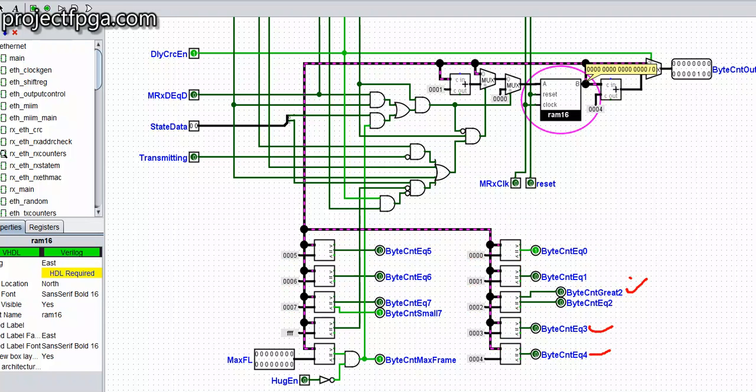If it's all 1, 1, 1, 1, that is FFF, then it's going to set what we call byte count max. Then there are two signals in the register model: the max FL, which comes from the register model, and the huge enable. Huge enable means that when you set it, you are allowing data sizes that are higher than the